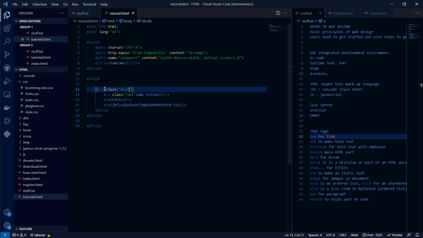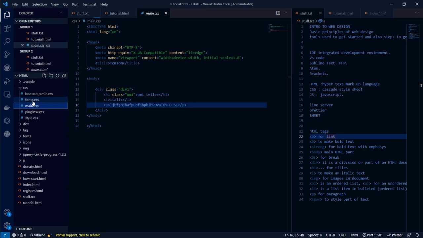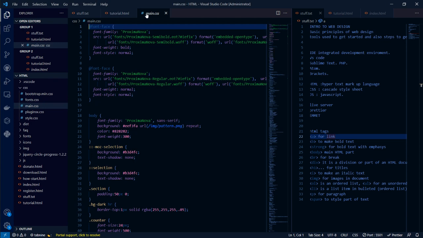So now when you go to the CSS, all you gotta do is go there and target this div1. I'll teach you guys how you can set up your CSS stuff like that. So if you want to set up your CSS, you go to the CSS document, main.css, which I don't know why it's loading so slow.